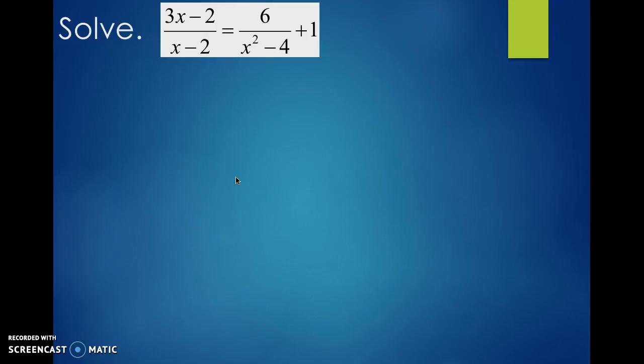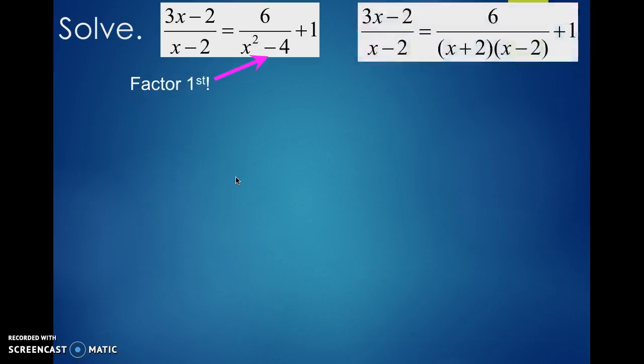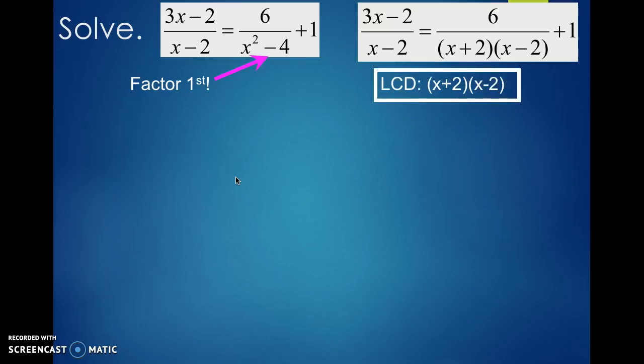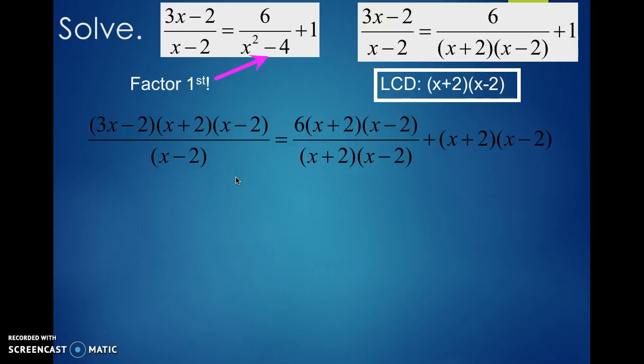Alright, so to solve this equation, we first have to factor x squared minus 4. Remember, that will factor into (x plus 2)(x minus 2), because it's a difference of squares. And our least common denominator is going to be (x plus 2)(x minus 2). So when I multiply that through, just the tops, excuse me, 3x minus 2 times (x plus 2)(x minus 2), multiply x plus 2 by 6 and 1,